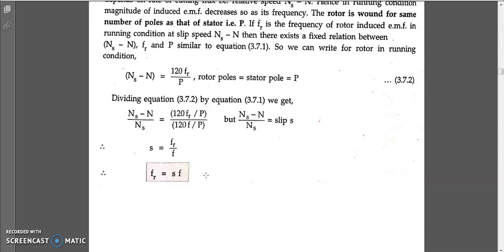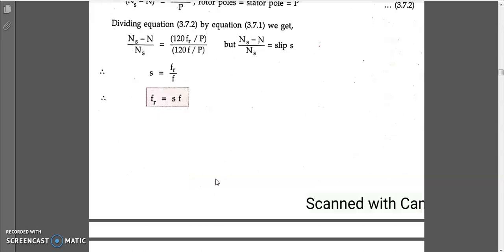And we know that usually your induction motor slip will be around 1 to 5%. If I substitute that 1 to 5%, any value in between that range, what happens, like 1% means it is 0.01. If I multiply with the stator frequency, let us assume that stator frequency is 50 hertz. So rotor frequency will be very, very less. Okay, remember, rotor frequency is always less than the stator frequency. It is true only during the running condition, and during standstill, rotor frequency is always equal to the stator frequency. F is nothing but your stator frequency, and fr is your rotor frequency. Why? Because s value is equal to 1. We already saw how s value becomes 1.